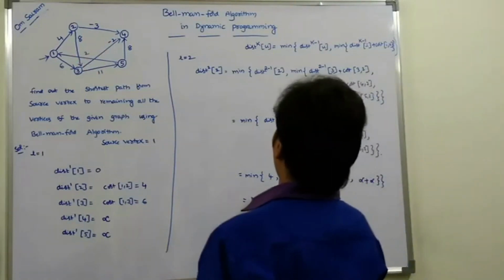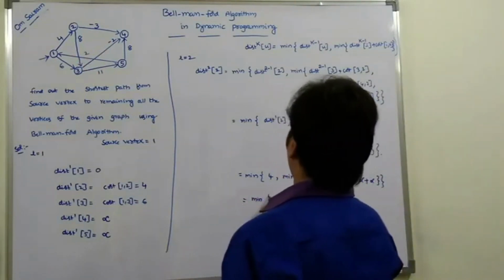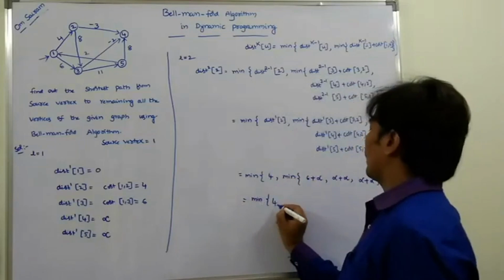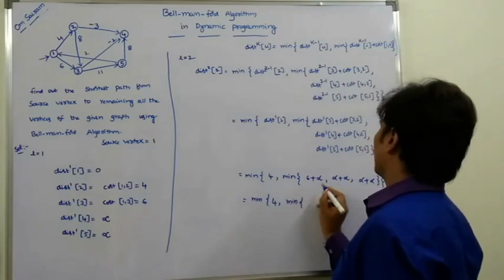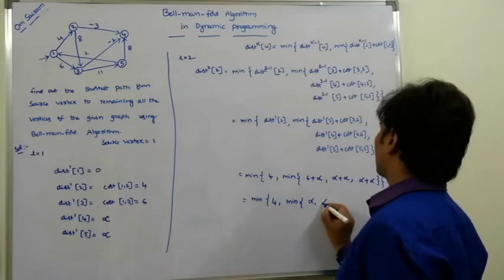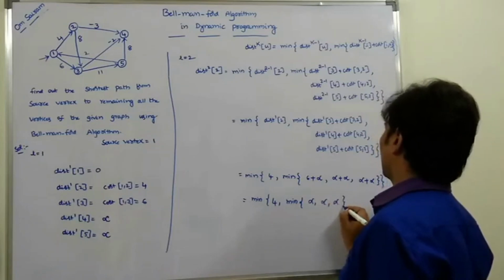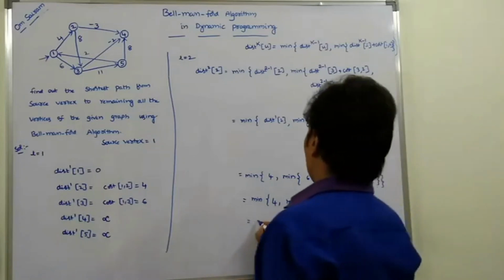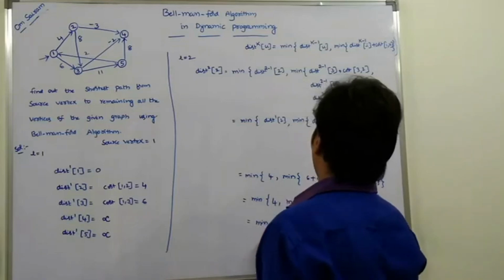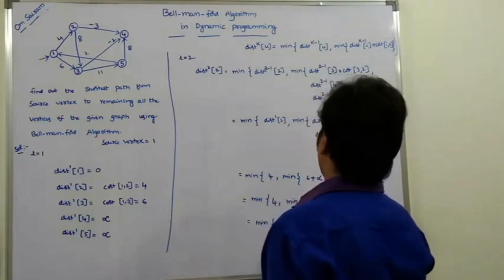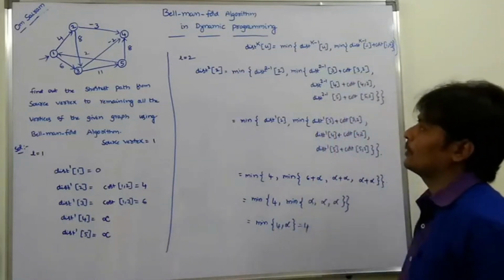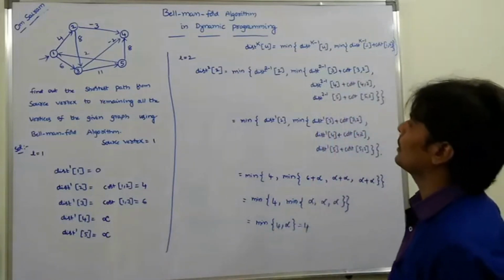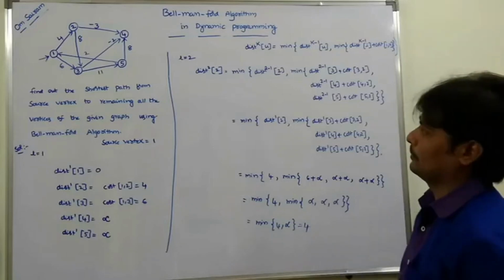So then minimum of 4 comma minimum of, so 6 plus infinity is infinity, infinity plus infinity, infinity plus infinity. So that is equal to minimum of 4 comma infinity. So that is equal to 4. So dist2 of 2 is equal to 4. Now